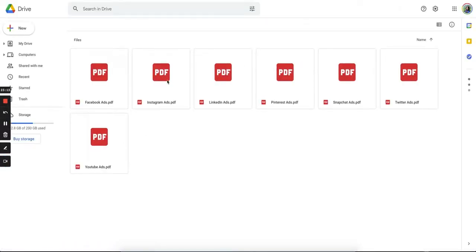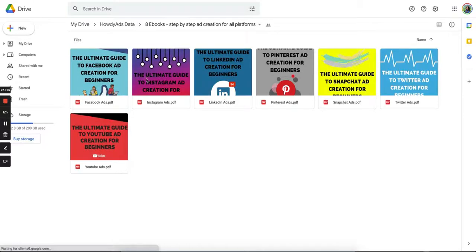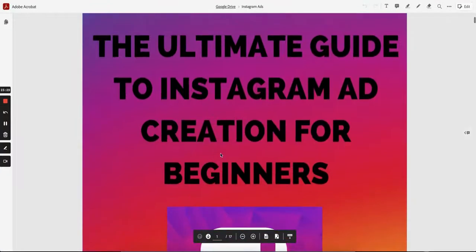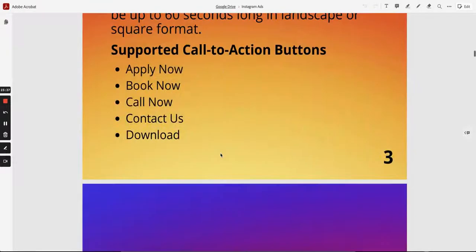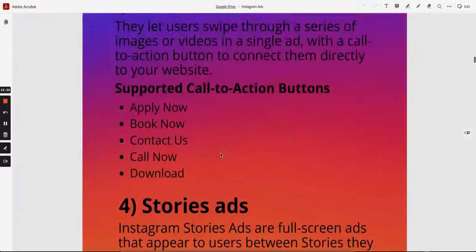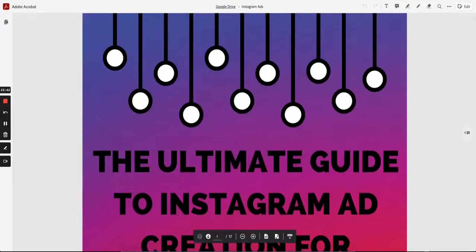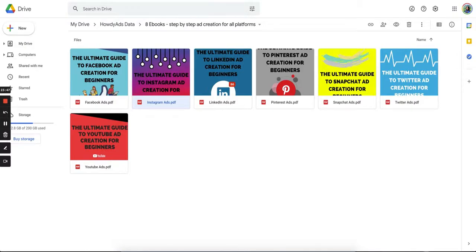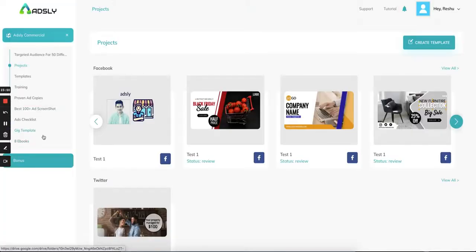And last come ebooks for all the social platforms, which explain in detail how to run ads on each of these social media platforms, because we understand that you might know how to run ads on one platform or two, maybe three, but there are very few chances that you know how to run ads on all the platforms. So we are giving you a detailed guide explaining how to run ads on all the platforms so that you know what to do and you are not doing something wrong. So you now have ebooks which will tell you how to run ads.